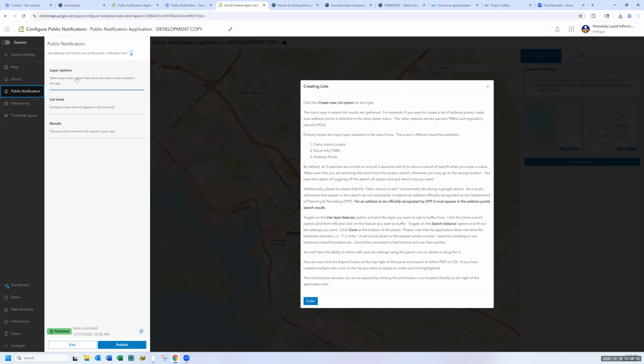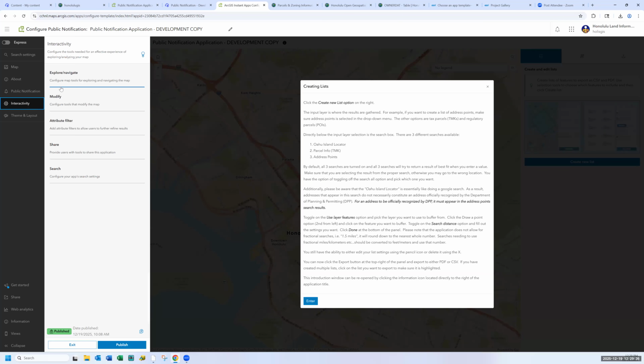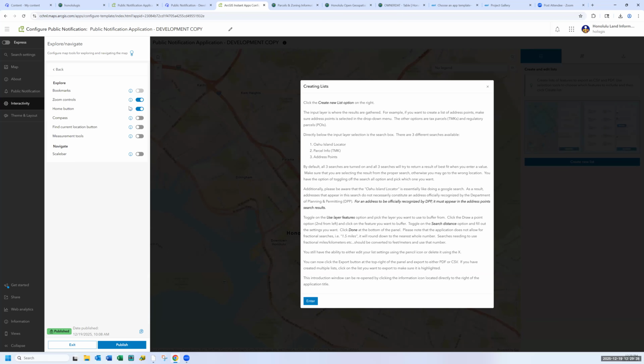In the public notification section, again, you have the input layers where you can check which ones you want people to be able to search on. In terms of interactability, can it include things like zoom controls, the home button, compass, bookmarks, all these things you could toggle on or off over here.